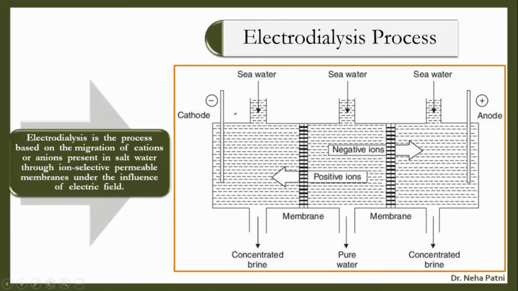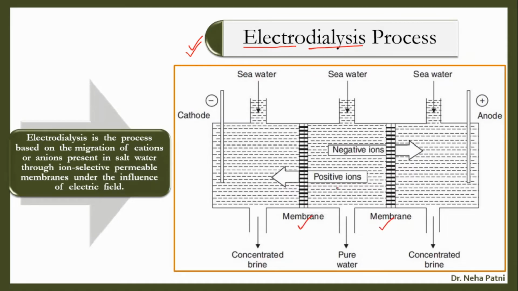So let us go ahead with the first process, which is known as electrodialysis. As the word suggests, it has the principle of dialysis. So now if you remember, it will allow solute particles, and then there has to be a membrane involved in it. And when you join electro to it, that means electricity's role is there. So you need to have a cell setup wherein you have a cathode, you have an anode, and then you join them via electricity. You should have some membranes involved in it.